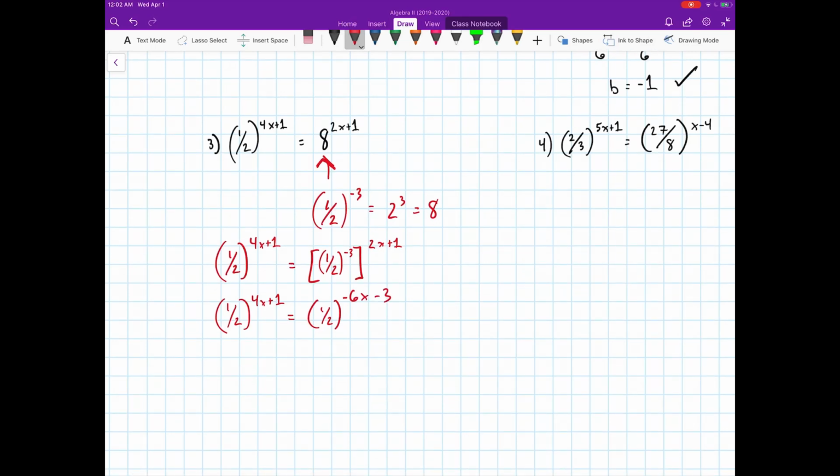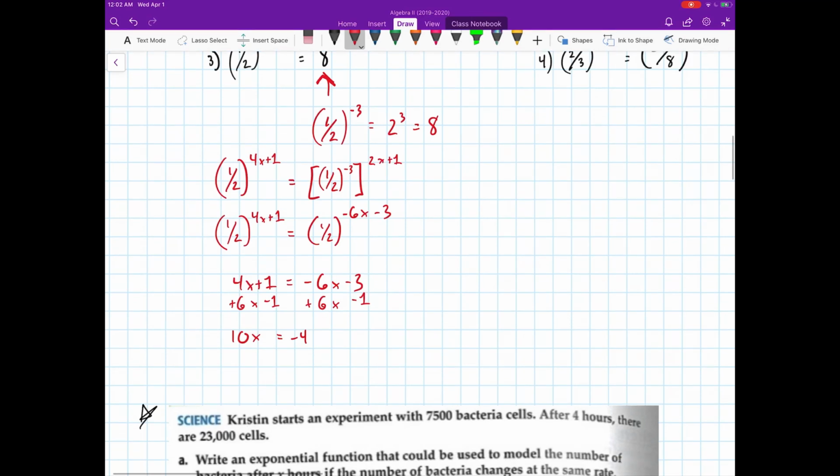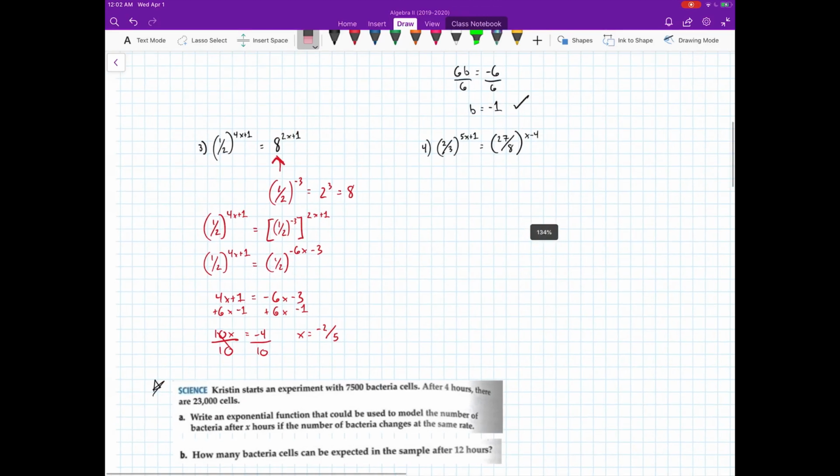Now our bases match, so 4x plus 1 is equal to negative 6x minus 3. So I'm going to add 6x to both sides, and I'm going to get 10x, and subtract 1 is equal to negative 4. And I'm looking at dividing both sides by 10. X is equal to negative 2 fifths. And there you are. All right, for the fourth example,